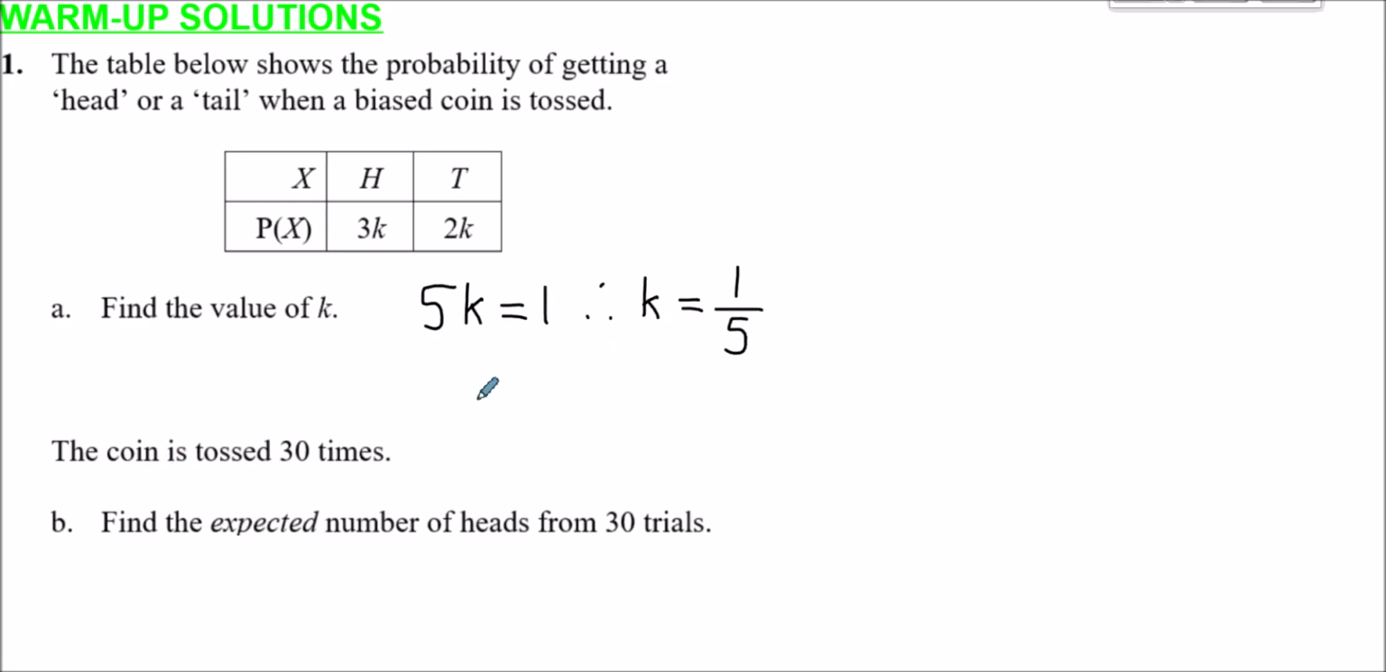Part B, if a coin is tossed 30 times, we need to find the expected number of heads from 30 trials. Now again, probability, it's nothing definite, but all we can do is make an estimation. So using this, expected number of heads from 30 trials, well the probability now of a head, we know is 3k,